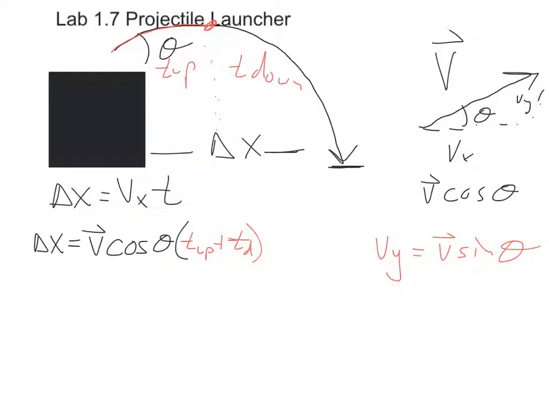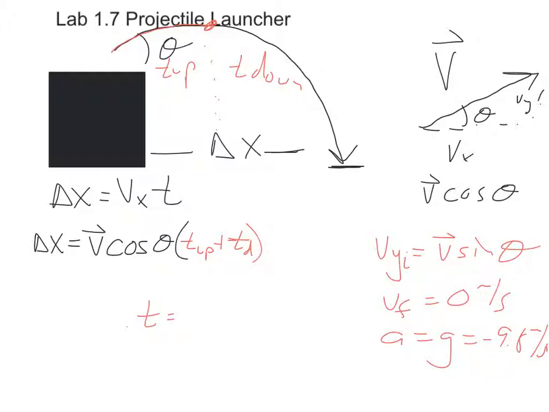But conceptually speaking, I have my Vy. That's my Vy initial. That's my initial velocity. And the time that it takes to go up is going to be when that velocity gets to 0. So my final velocity is going to be 0 meters per second, and that's at the very top of this projectile. So my acceleration equals g equals negative 9.80 meters per second squared, and I can use equation 4 to solve for the time that it takes to go up. And that'll of course be t